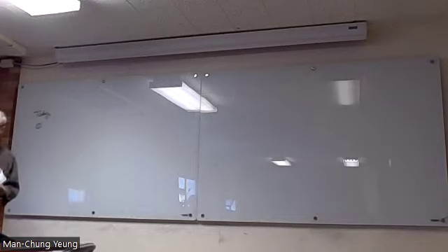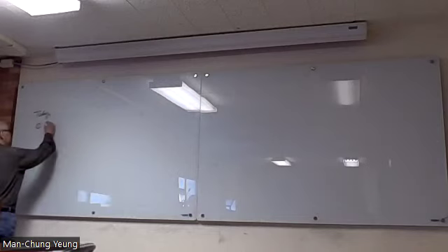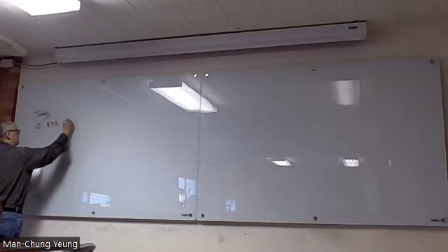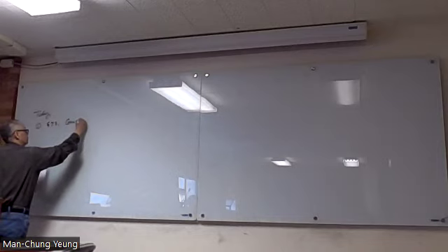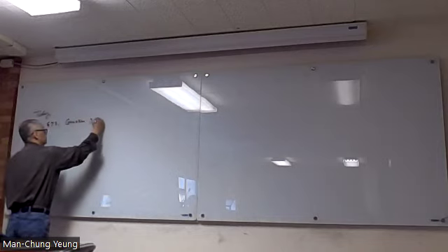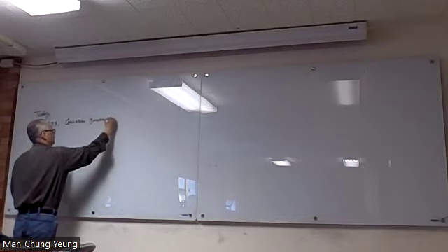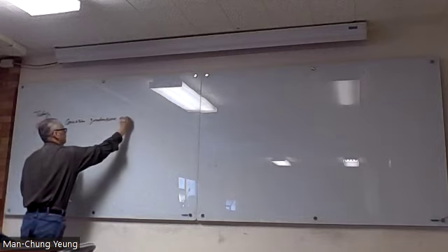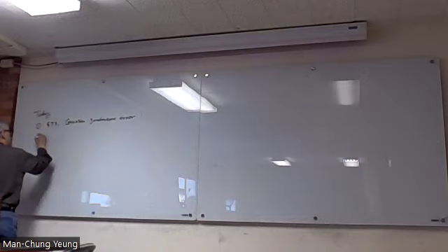Finish Gaussian quadrature error. This is a section. Gaussian quadrature error. Then